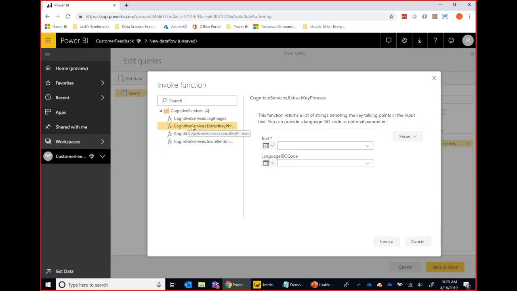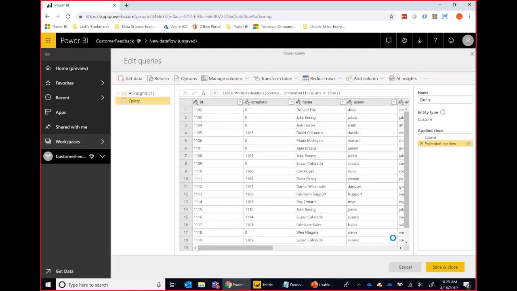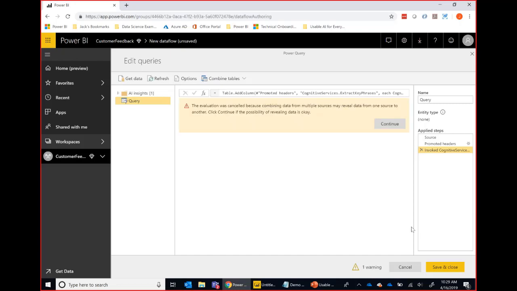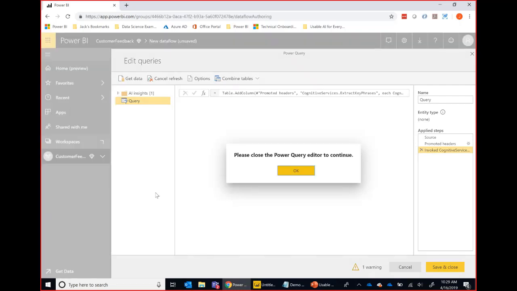I'm going to say from this data of resource that I have, take the comments and let's just show only the required parameters and extract the key phrases. So what Power BI will do is it will go ahead and add a new column with the extracted key phrases for me. Now, because I don't have a ton of time, I'm going to just show you what that looks like. So Power BI is going to churn and add that particular column. When we're done, what it's going to end up looking like,